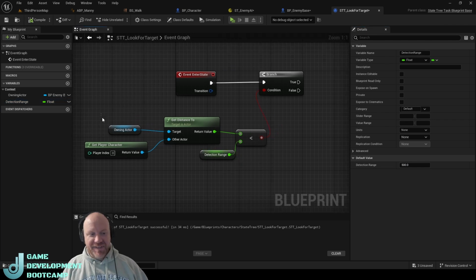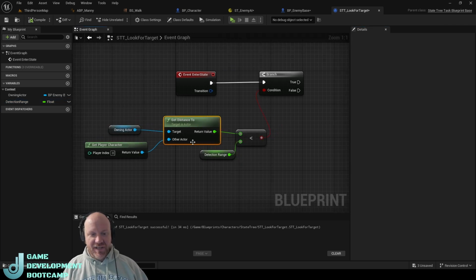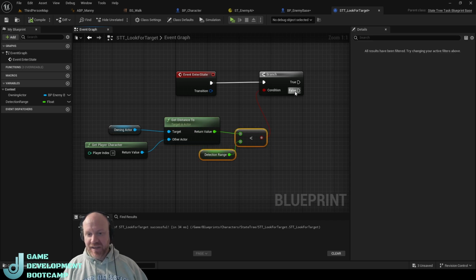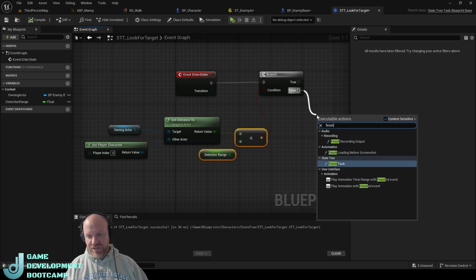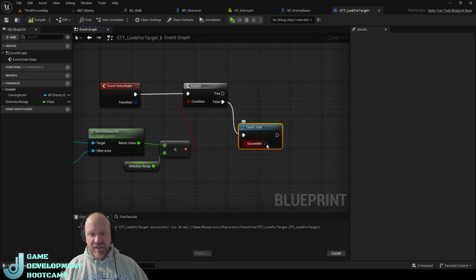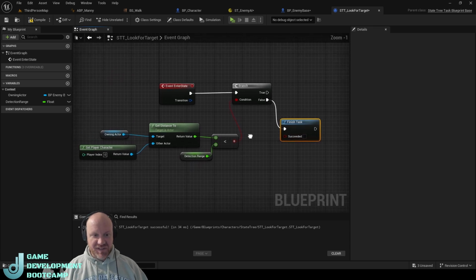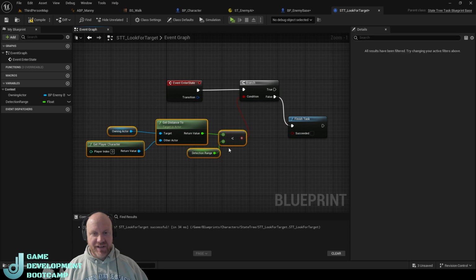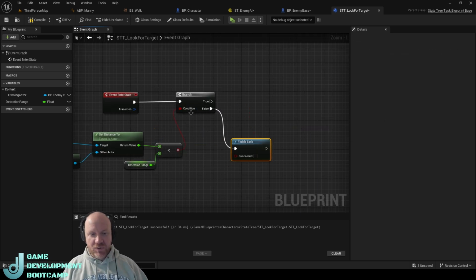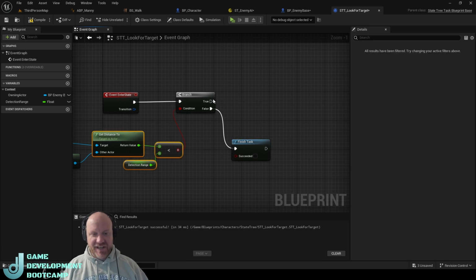Now, with the way we set this up, if the owning actor is less than the detection range, then we can call finish task, and we can do succeeded. You could do it either way. In this case, I want this to tell me that the task did not succeed. So if the player is greater than that distance, then we're not going to succeed. So if the player is less than the detection range,